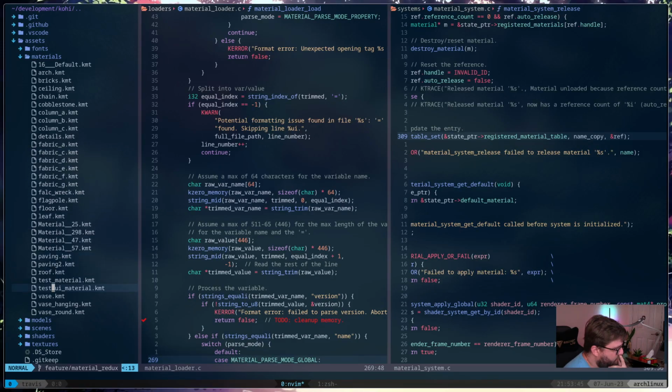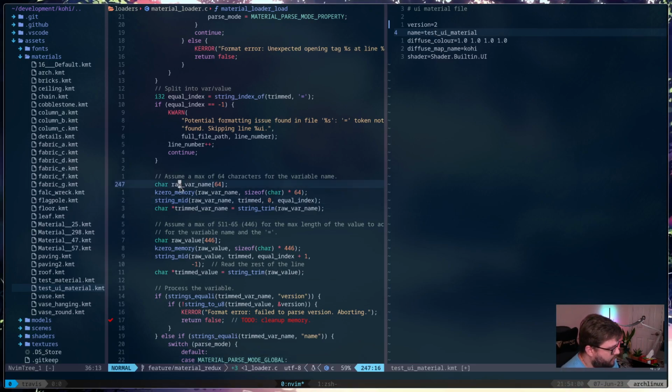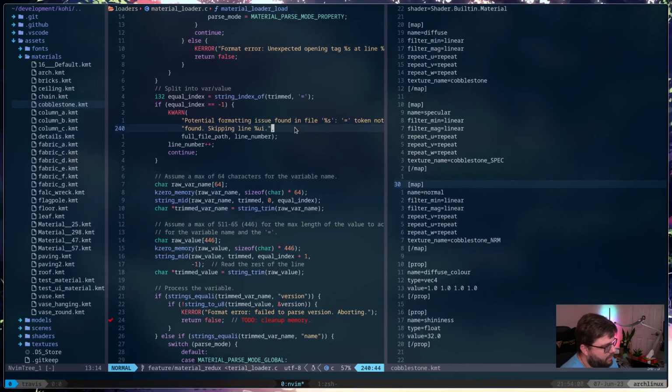test UI material. That means this guy is going to have to be version 2. And then we're also going to have to do over here. Let's see, which one did I update? I think Cobblestone. I wanted to open on the other screen, but okay.